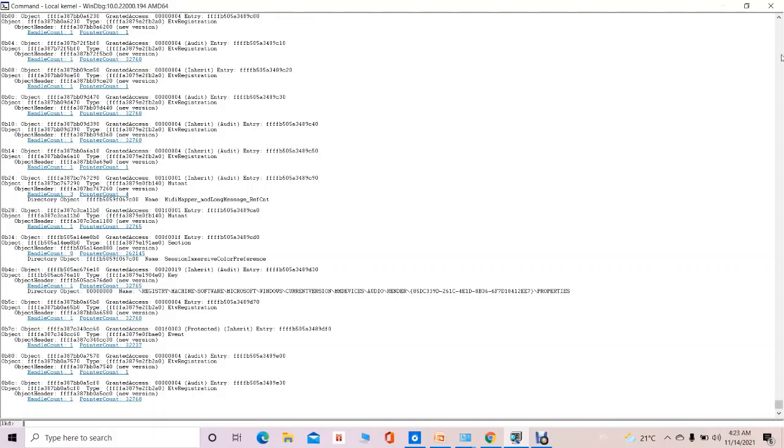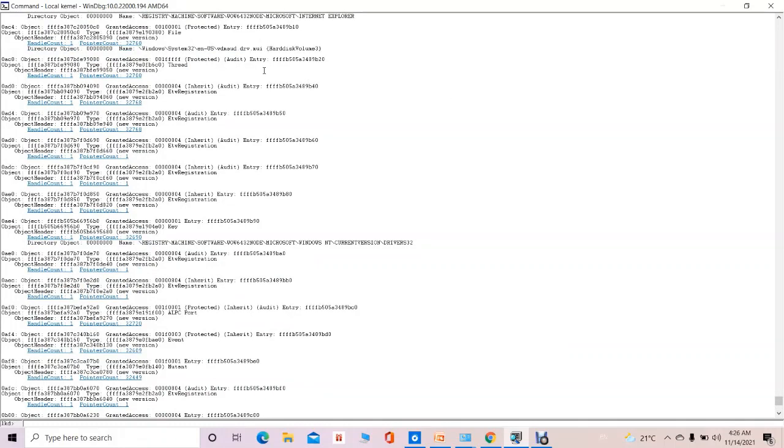Apart from that, there are objects like a file, and then the key which is being used by this particular process, the section, and other kinds of objects are also there. So one of the important objects is a file object.